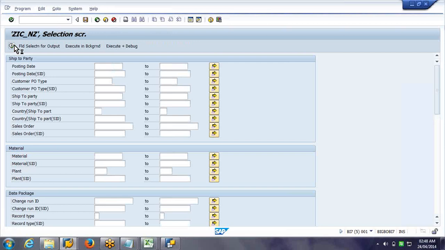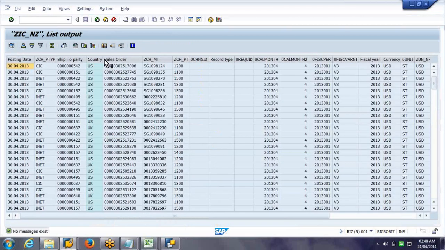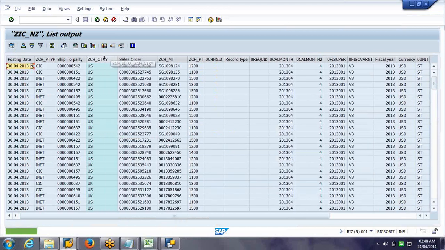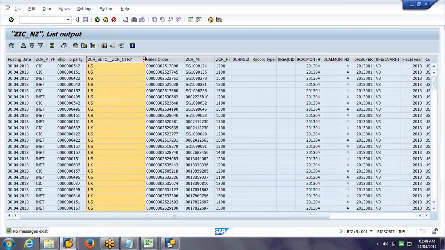You can see country is populated, but that doesn't mean that country is loaded in the cube. The cube is not storing it. What's the use if it is stored everywhere? Like this cube I am enabling it. There are 10 other cubes. If I am enabling it in 10 other cubes, and it is maintained in 10 other cubes, what's the use? It should be reusable, right? So that's why it is not maintained in the cubes. It just shows, but it's fetching from the master data and showing it to you when you display data over here.